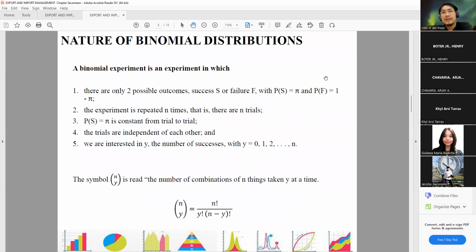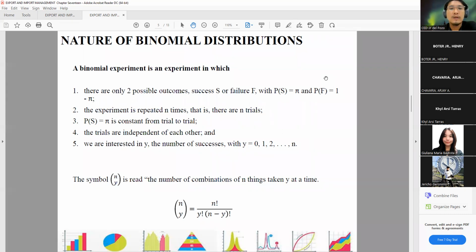The experiment is repeated n times, so there are n trials. The probability of success pi is constant from trial to trial, meaning kung 0.4 siya, sa next ano naman is 0.4 pa rin siya. The trials are independent of each other, and we are interested in y, the number of successes,